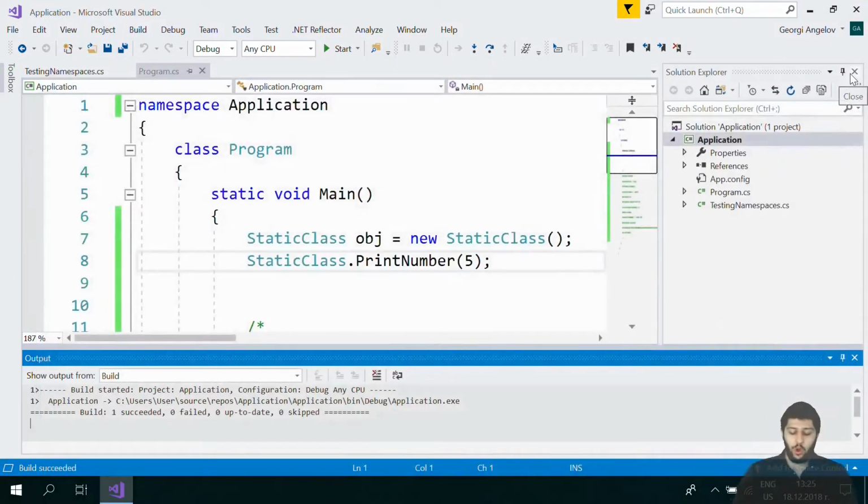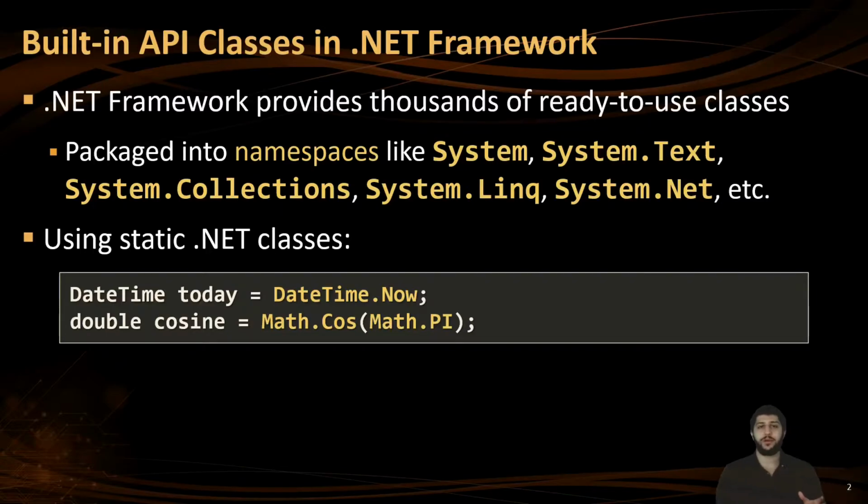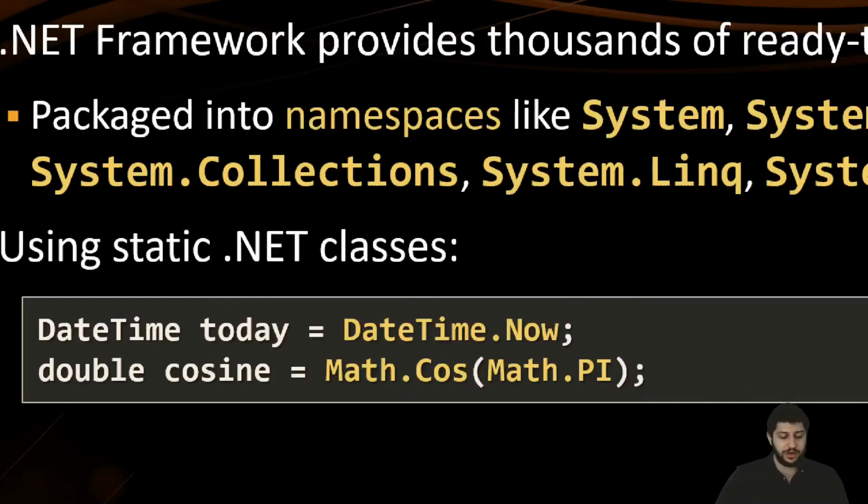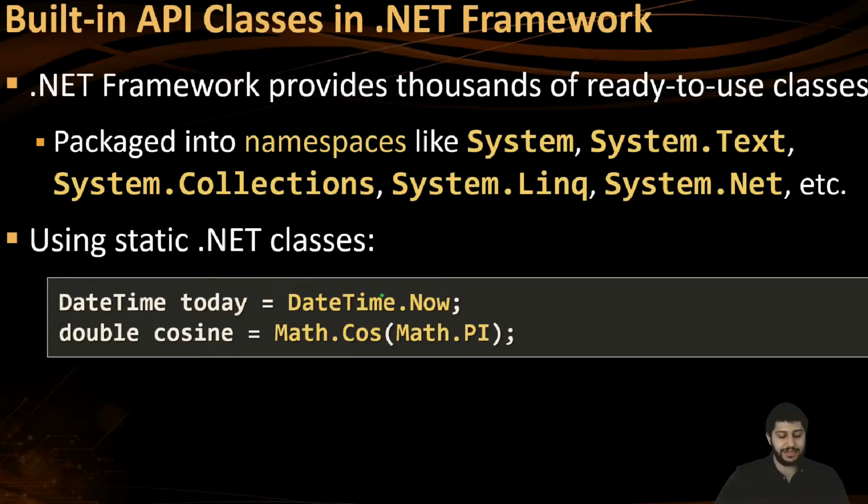And this is what we call a static method or a static class. A class which you don't really have to instantiate or create an object of in order to invoke some functionality. And as you can see here, we have DateTime as an example. If you remember, we used something called DateTime.Parse, which is just a static method, a static action that was defined inside the DateTime class. We can use static members, such as DateTime.Now,